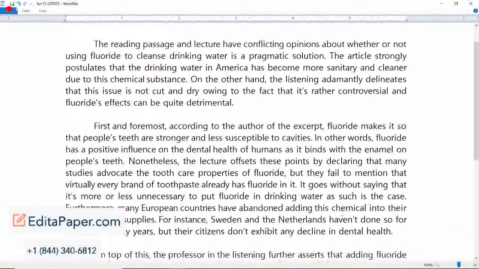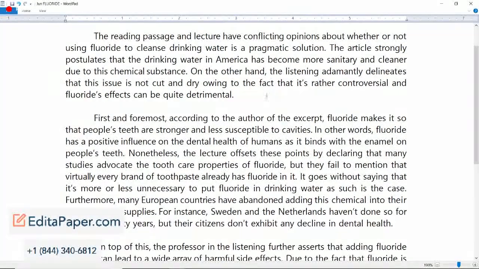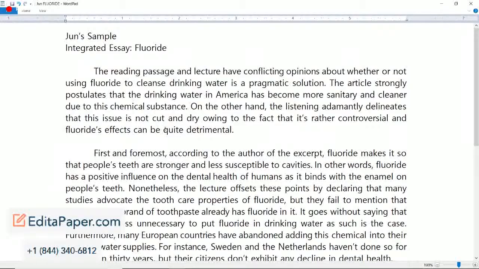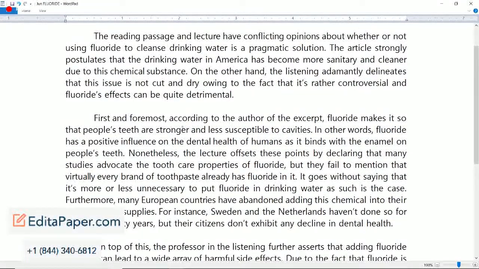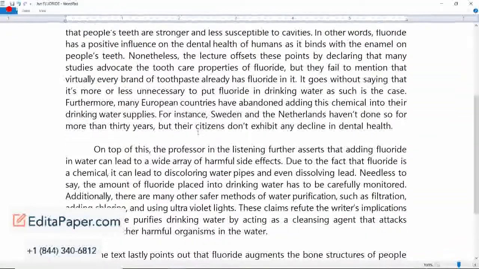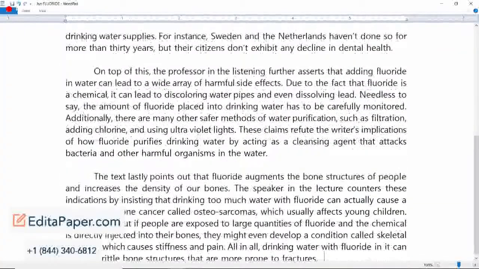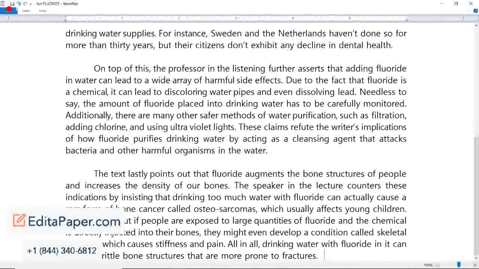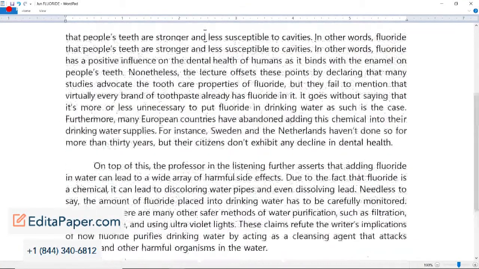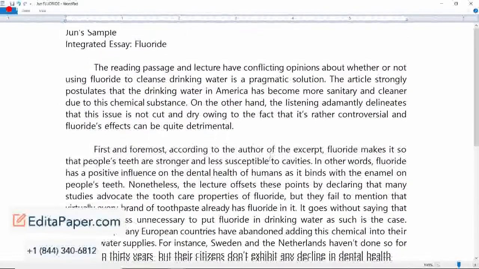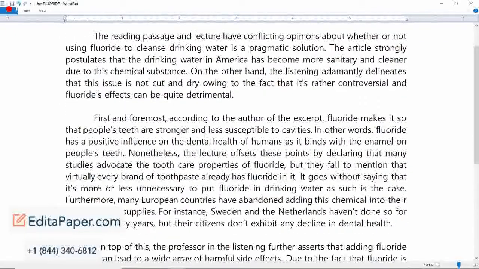So this is the answer sheet. I said it's my sample essay because it's what I personally typed, but this is the answer sheet. It's not something that's expected, all right? This isn't what you need to produce to get high scores in the integrated writing section. All you need is 70% of the lecture, and yeah, well, I didn't write too much information from the reading passage, so in regards to the reading's information and paraphrasing the reading passage, yeah, this is what's expected.